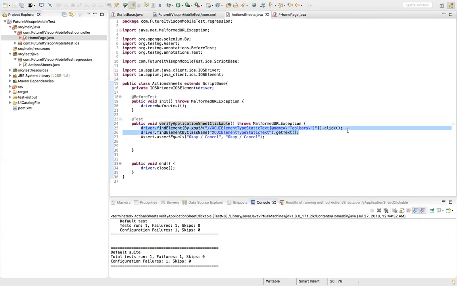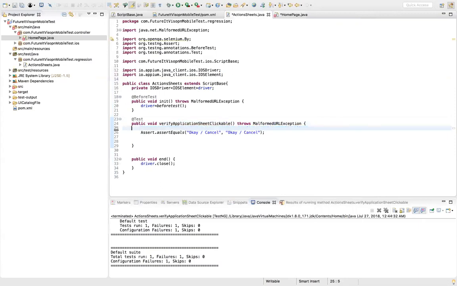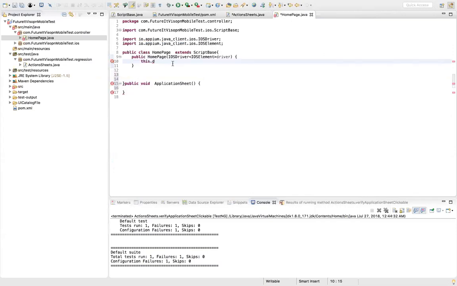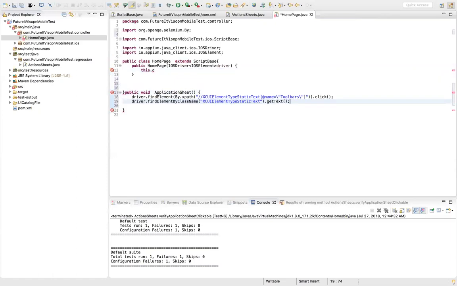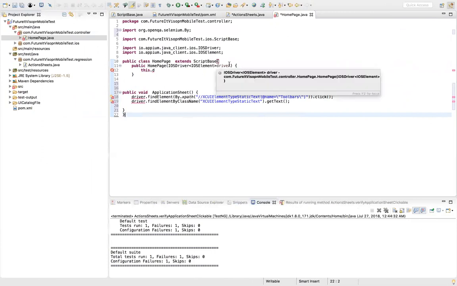Sometimes it happens. So we're gonna copy this one, and we don't need it here anymore. So we go to the home page, and inside the test, you provide this. So we put that. And we have to call the iOS driver. So if you say iOS driver and driver,